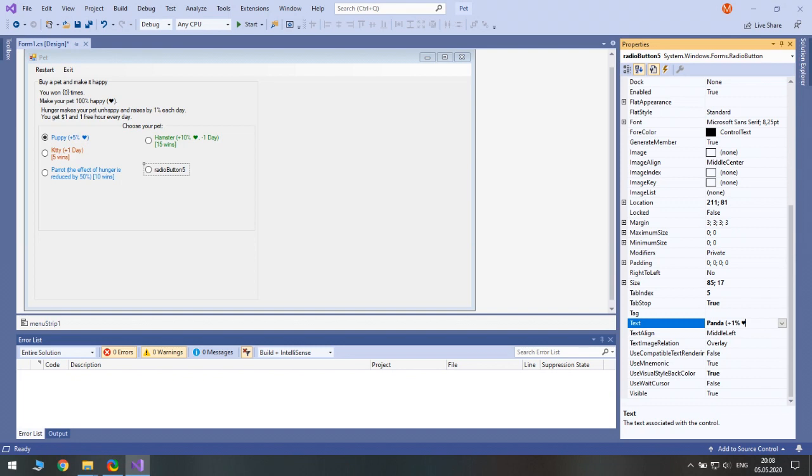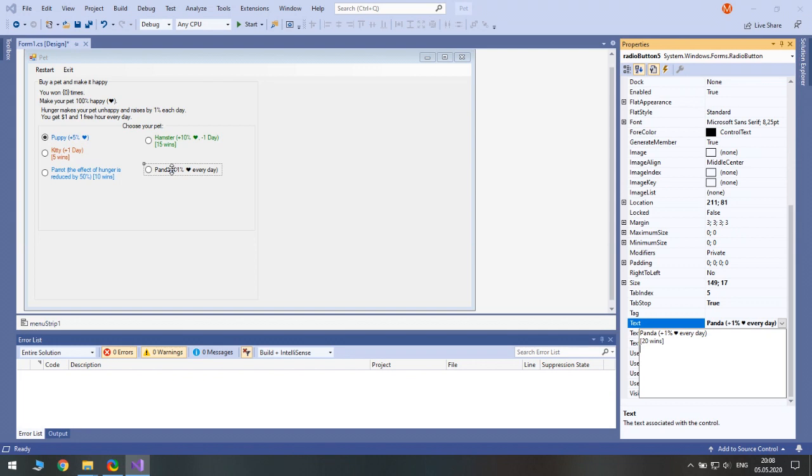Well, we can accumulate +1 happiness every day. Yeah. And you will need 20 wins to get a panda. Okay. So, well, pandas are black, so let it be black.